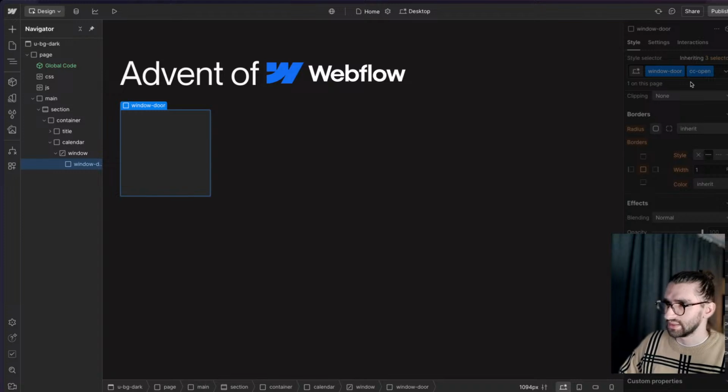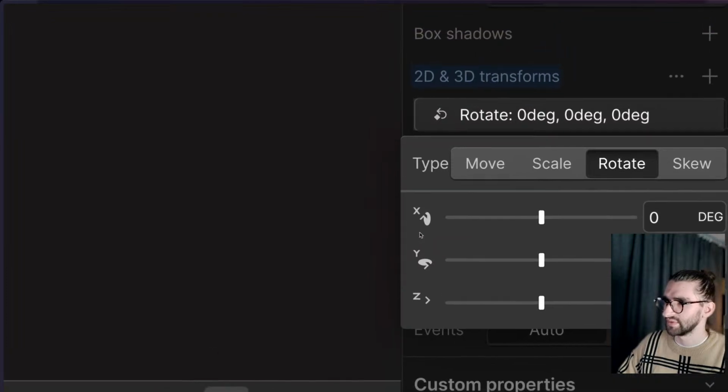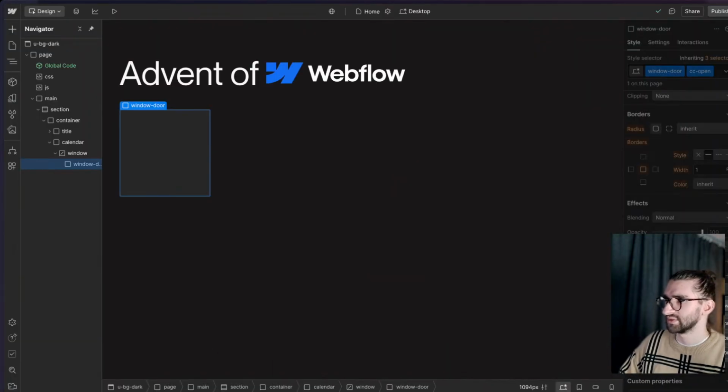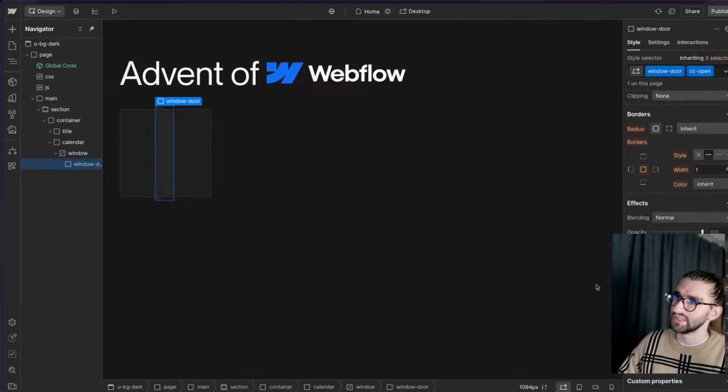And then whenever we have the CC open, are these broken? Looks like we're having some SVG issue here, but yeah. So we can see the perspective working. So we want it to basically open like this, and that's it. The only problem, obviously, is that it's rotating from the center, but we want it to rotate from